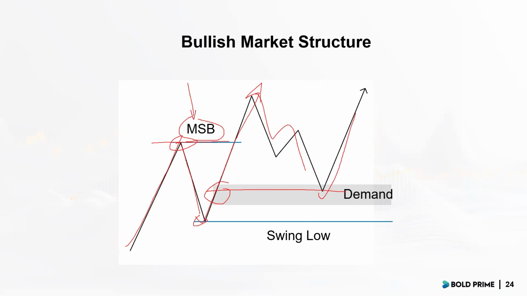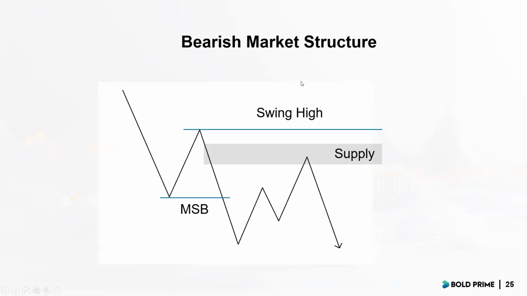Okay, so this is the general model, the framework for how we look to buy, and this is how we look to sell. Again, we recognize this a little bit so that as we progress, you know some of the steps. You wait for a market structure break, whether bullish or bearish, then wait for the pullback towards the order block. That's where we take our trade.